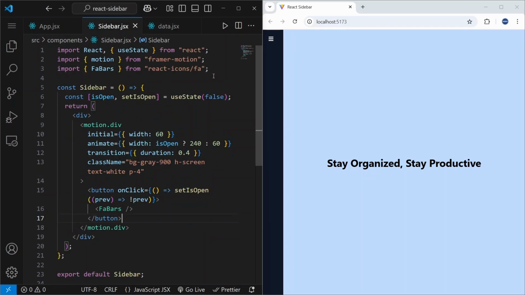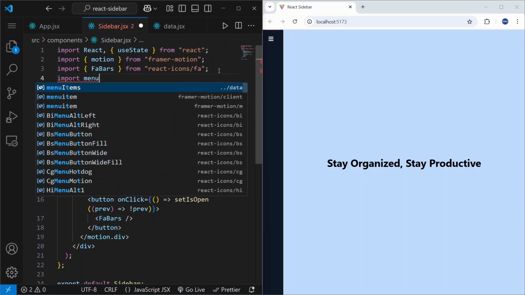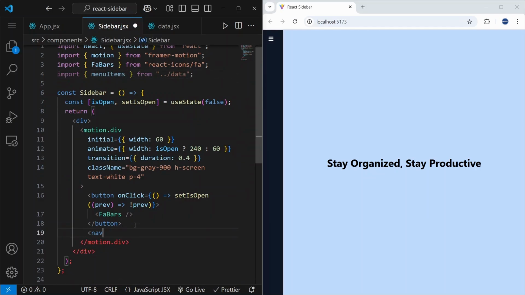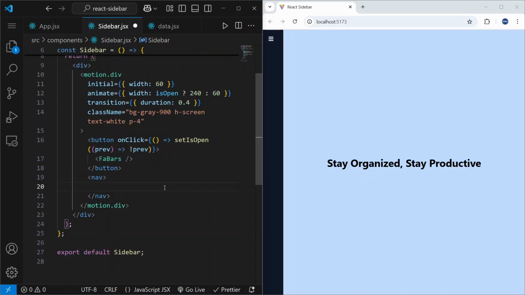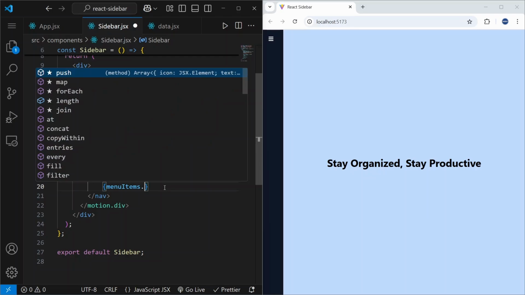So now inside this sidebar, let's import our data. Let's say import menu items from data. Now under this button, we can create a nav tag. So here, let's say menuItems dot map